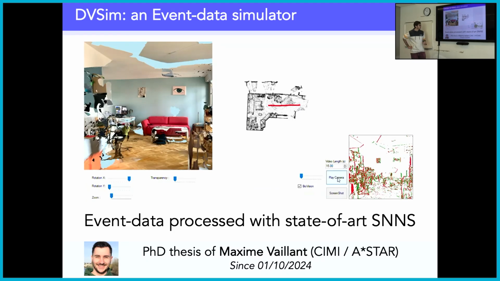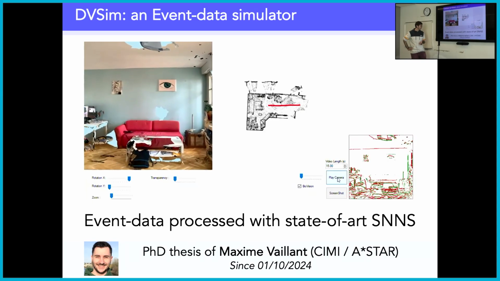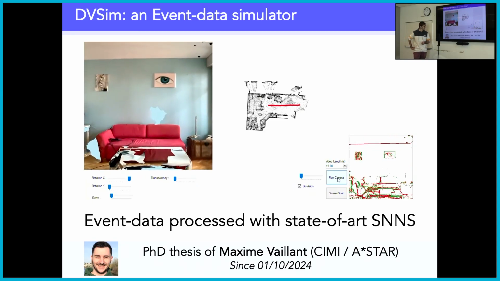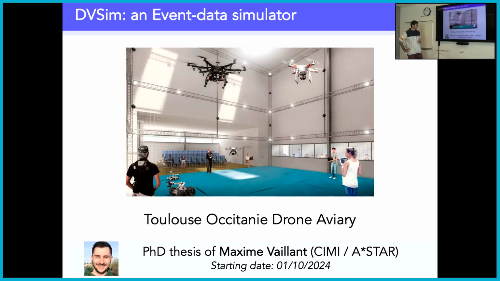This is the PhD thesis of Maxime Vaillant, who's in between France and Singapore. He did the first half of his PhD, and he will move to Singapore in a month to do the second part. One of the applications in ENAC is to work with what they call the drone aviary. This is a huge room where they have different drones moving together. We already modeled the 3D environment of this room, and we have a pre-trained network with the spikes that are generated by the software. And he will keep on going in this direction.